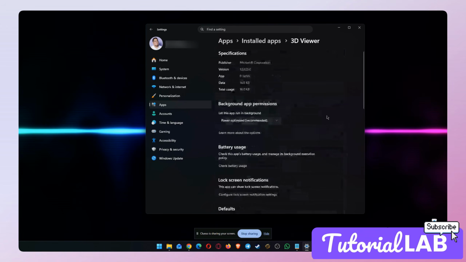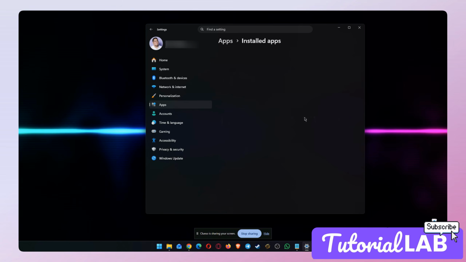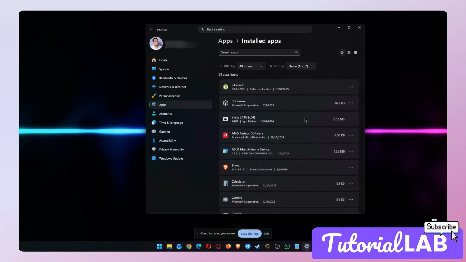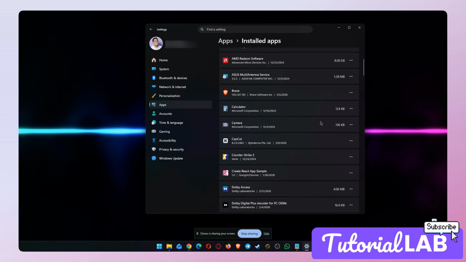Inside Advanced Options, you will find the Background App Permissions section. To turn it off, click the drop-down menu and select Never. That's all there is to it. Just select Never. From there, go back to the list of apps and pick any other app you want to